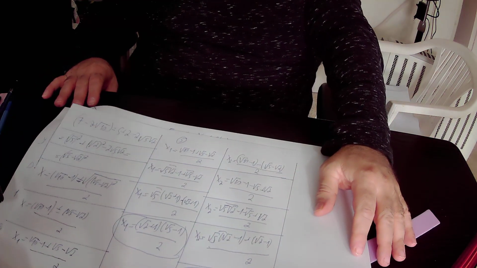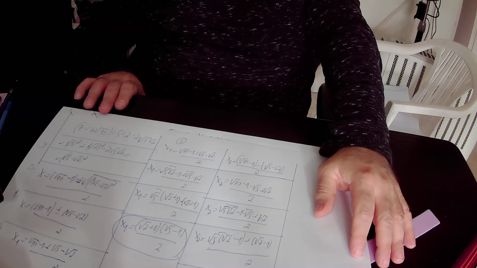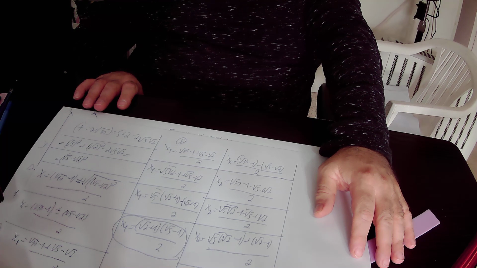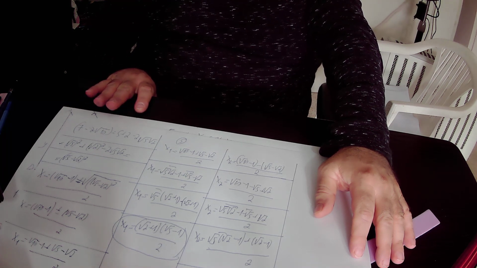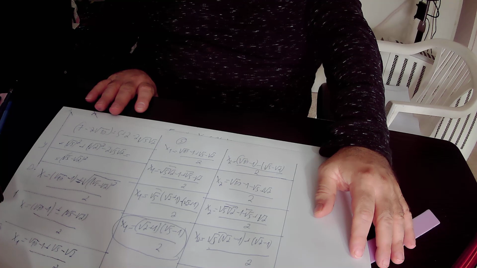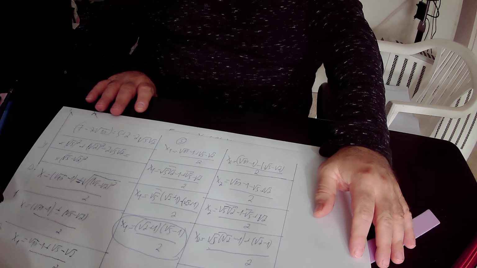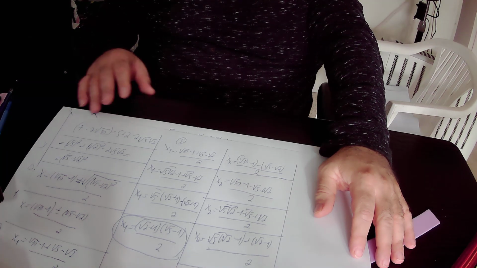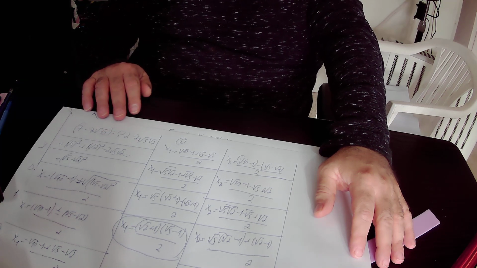Here, 7 minus 2 times square root of 10 equals 5 plus 2. We substitute the 7 by 5 plus 2, and we also have 2 times square root of 10. We substituted square root of 10 by square root of 5 times square root of 2. We know that 5 is square root of 5 squared and 2 is square root of 2 squared. So in conclusion, we found out